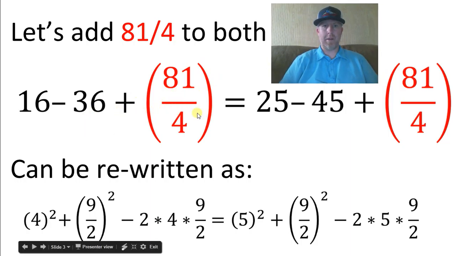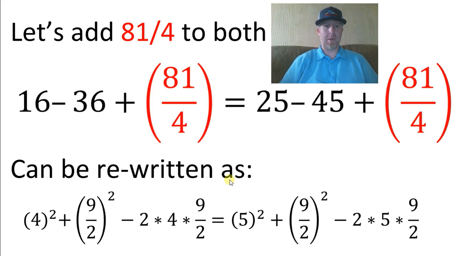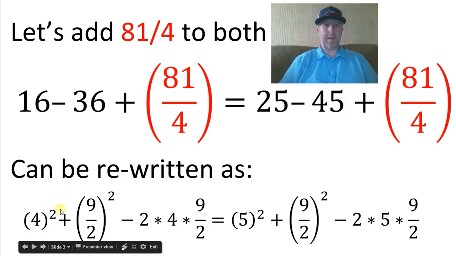And that's what we've done here in this step, and it's highlighted in red. This is where it gets a little bit confusing, but I can assure you none of this has all been proven, and this is not any sort of sorcery or magic here. This is just simple algebra. So after we've added 81/4 to both sides, we can rewrite the equation